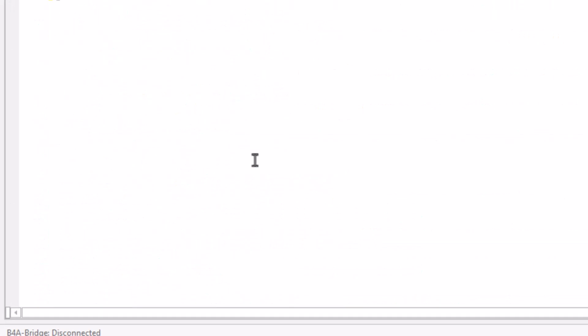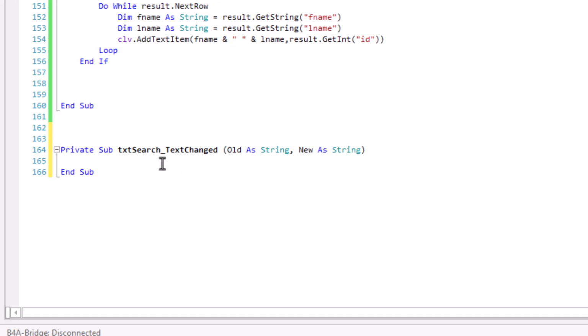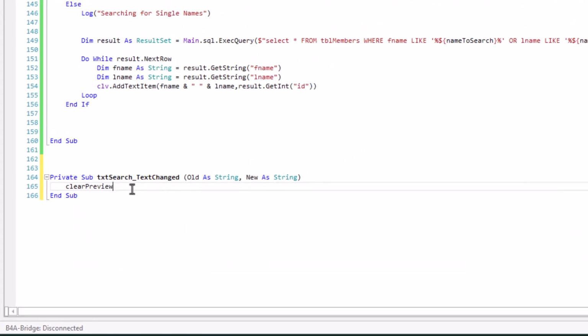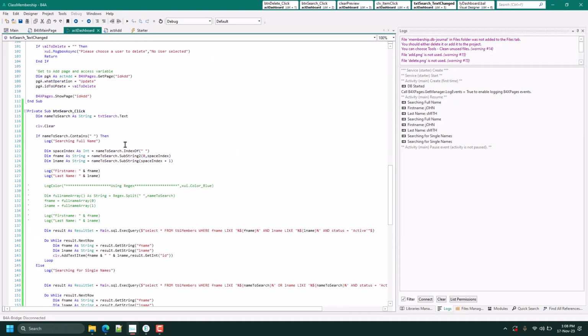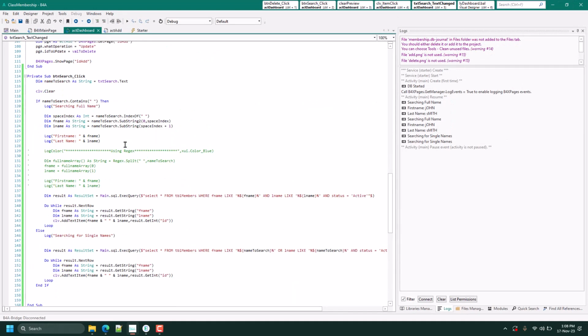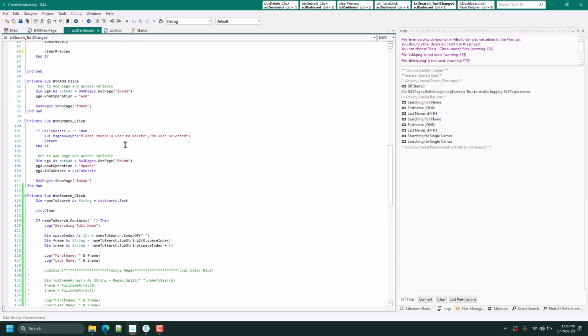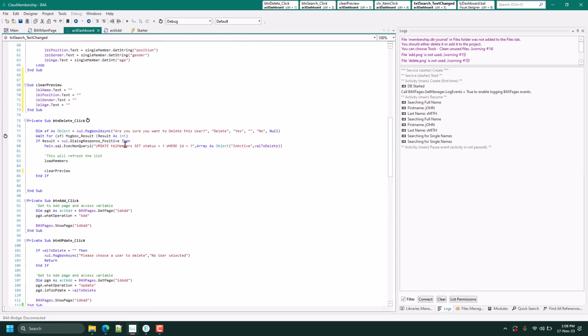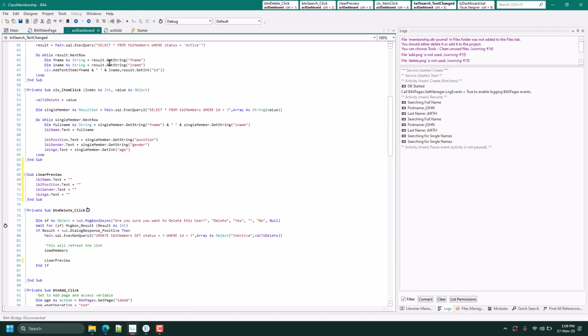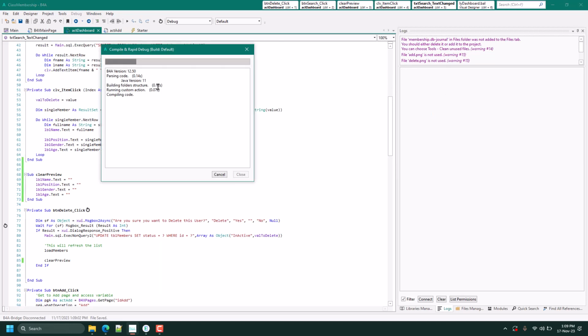Okay, so as soon as the search starts, we should also clear preview. Where else? I think in either update or delete, we should also clear preview. Let's run the app again, then we'll see where to put the clear preview.